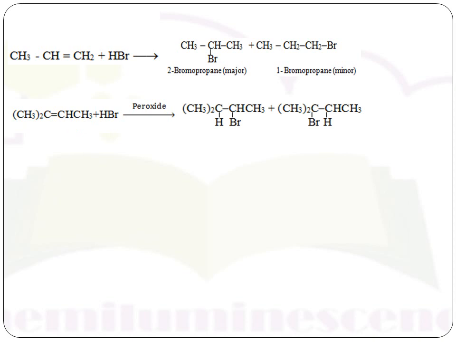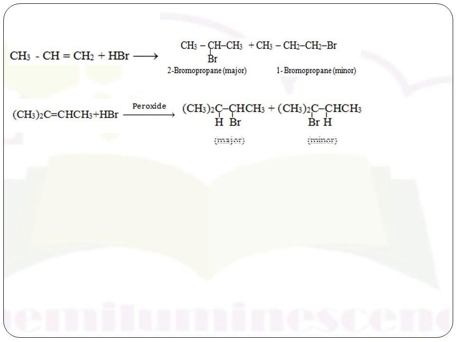So out of these two, which one is the major and which one is the minor? Let's find out. According to the rule, the product formed when the negative part is attached to the carbon carrying fewer hydrogen atoms, here bromine attached to the carbon carrying no hydrogen, should be obtained as the major product. That means this product should be major and this product should be minor.